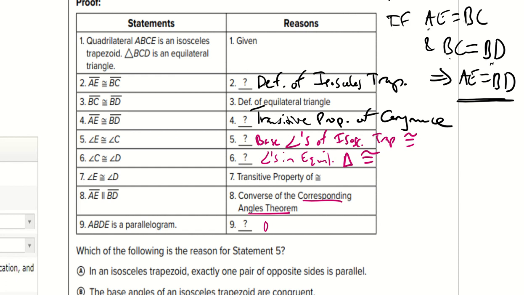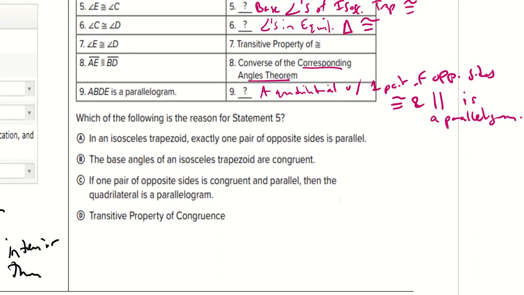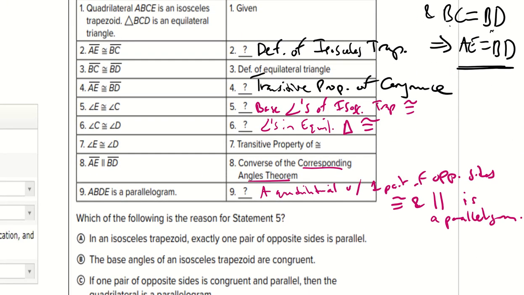So a parallelogram, so basically a quadrilateral with one pair of opposite sides congruent and parallel is a parallelogram. Okay, that's a theorem. All right, so in this case, I went through the entire proof, but we're just looking